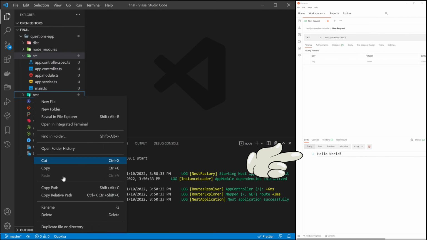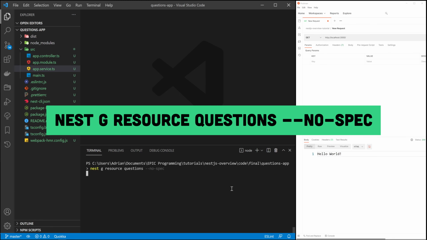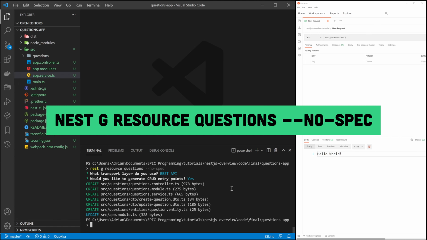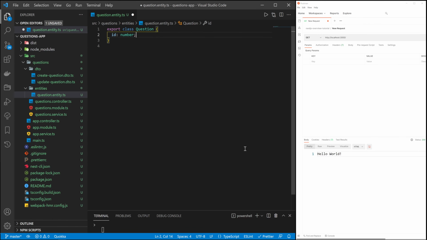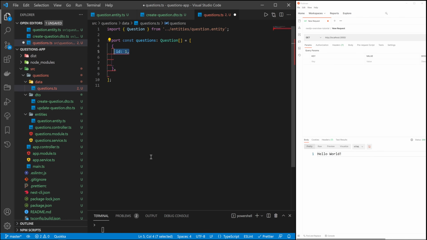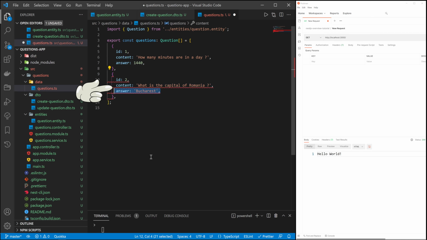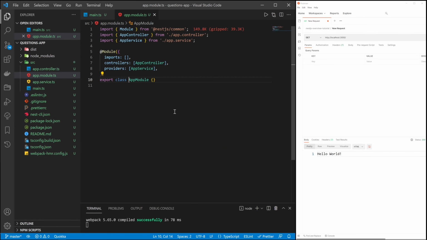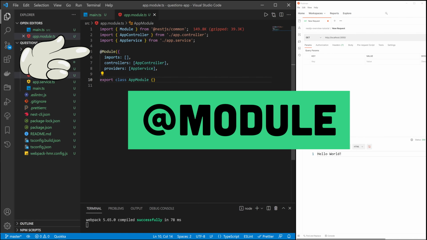That's great, it works. We are generating a new resource called questions that will create the necessary file structure for the efficient organization of the code. This is the method recommended by NestJS, especially for beginners. We create an array with two questions. How many minutes are in a day? The right answer is 1440. And what is the capital of Romania? The answer is Bucharest. We attach the metadata to the module class using the @Module decorator, and Nest can now